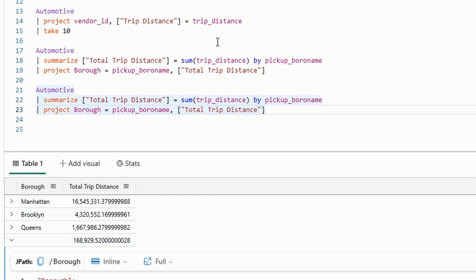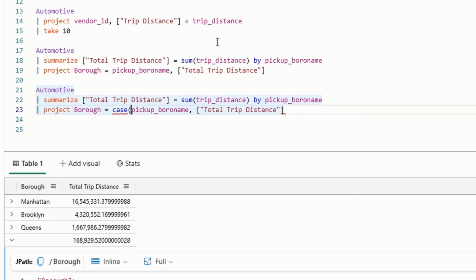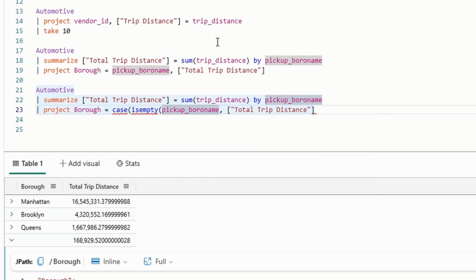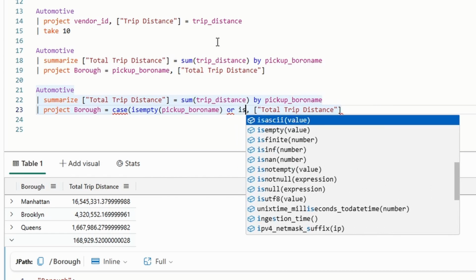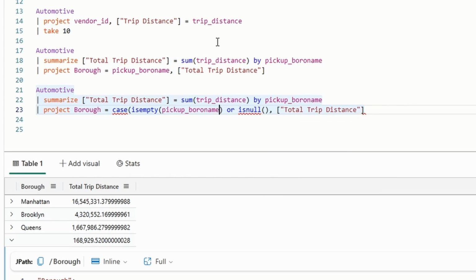So for borough, I would like to use case. So case would be like this: is empty, this column. Or actually it might be null also, so I need to check if there's also a null, because you know that null and empty, which is an empty string, is not the same value. Yeah, so if it's this or this, then I would like to put